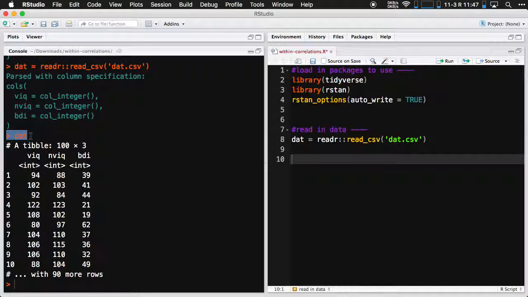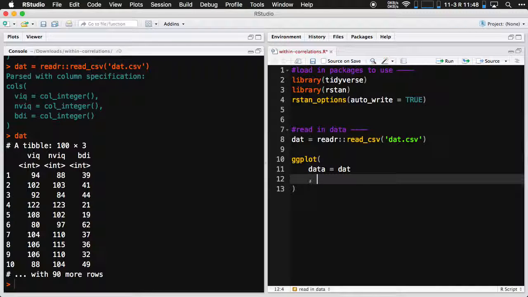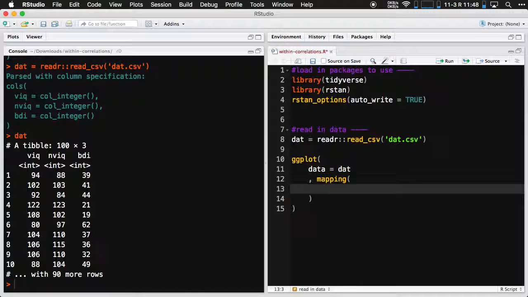I didn't require that you guys actually visualize the data at all, but I can show you how to do that a little bit here. So we're going to use ggplot, and we could just say for each variable, we could go in and say, okay, well, let's even do it. ggplot, data equals dat. Let's do a histogram of the VIQ column. So on the x-axis is VIQ, plus,